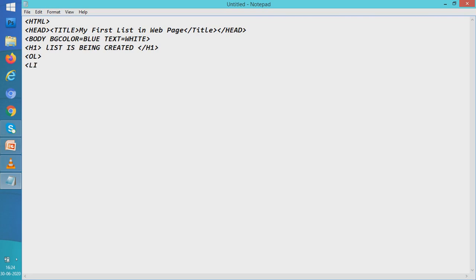LI. So OL stands for ordered list. That is, I am telling my computer to create a web page which will make an ordered list or which will show an ordered list. And the first list item in that ordered list is, say, apple. So APPLE, apple. Say the second item in my list is small or capital.